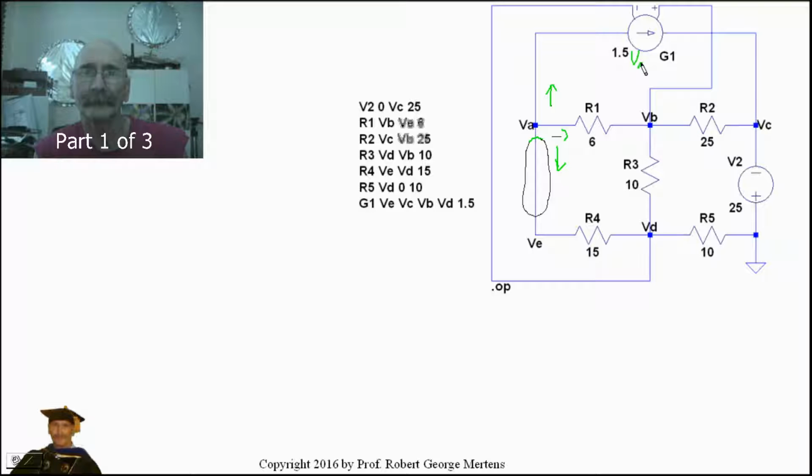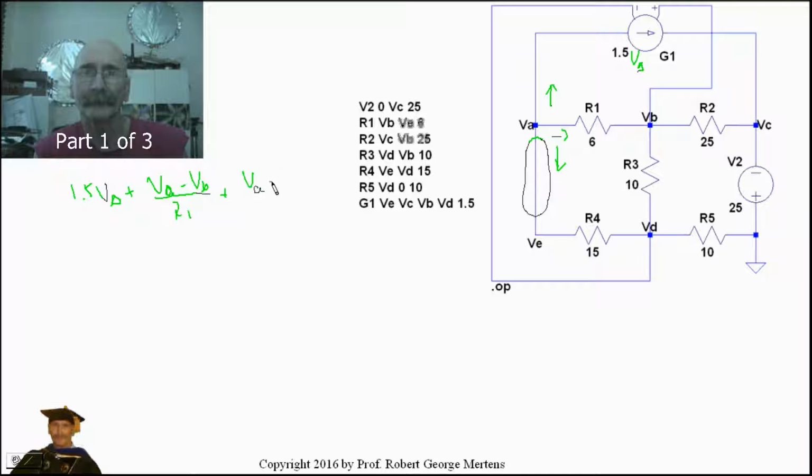Alright, so what this comes out to is, the first one, this is 1.5 V delta, right, so that's this current right here. So let's write that: 1.5 V delta plus, and the next one is going to be VA minus VB, and VA minus VD. Okay, so it's going to be plus VA minus VB over R1 plus